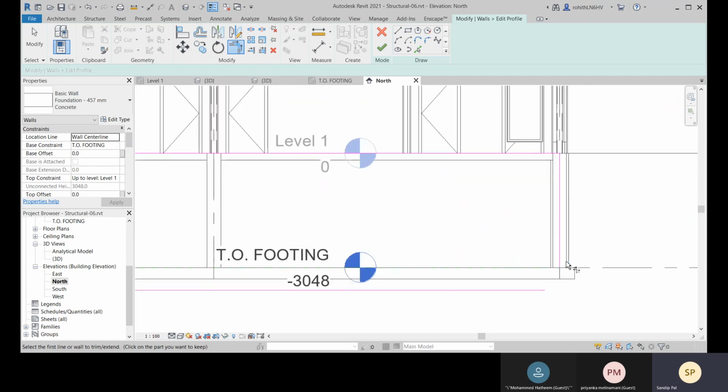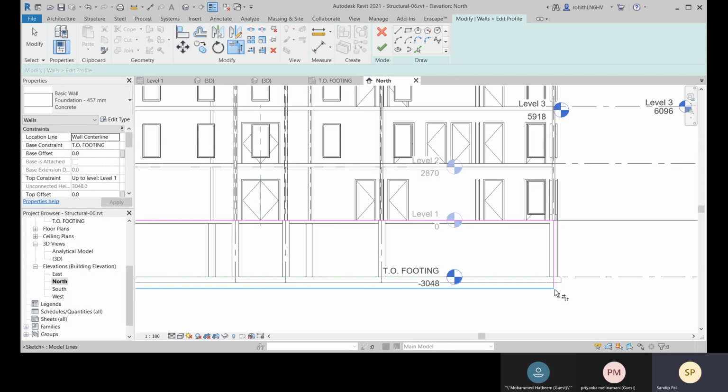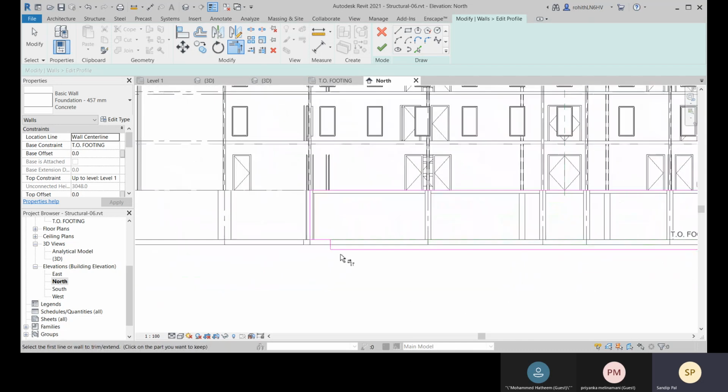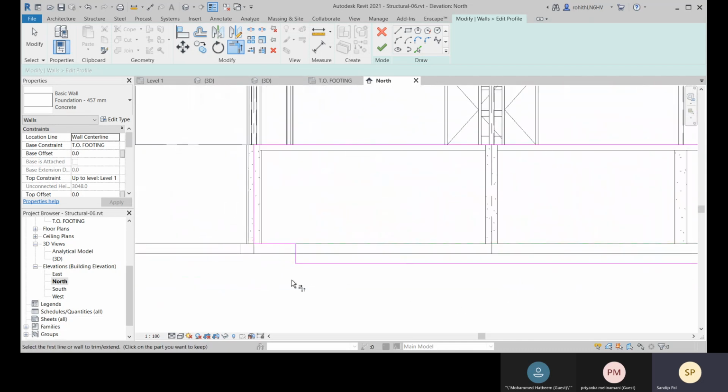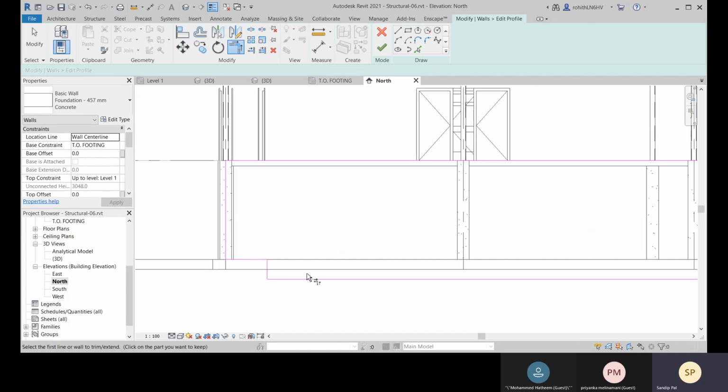Okay, and done. Okay, you can add more steps over there.